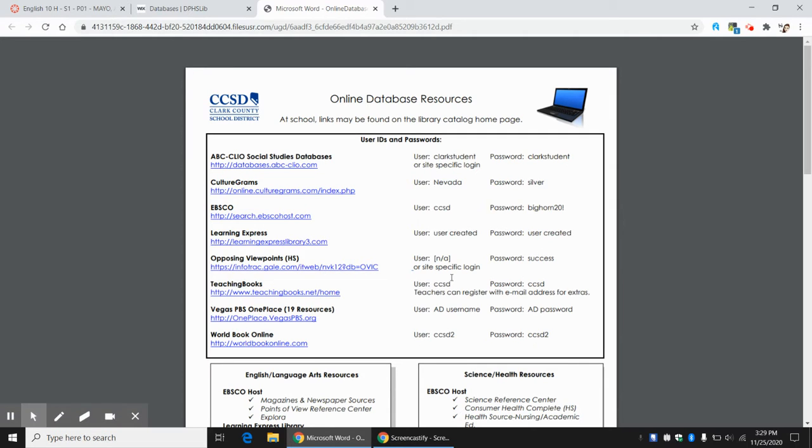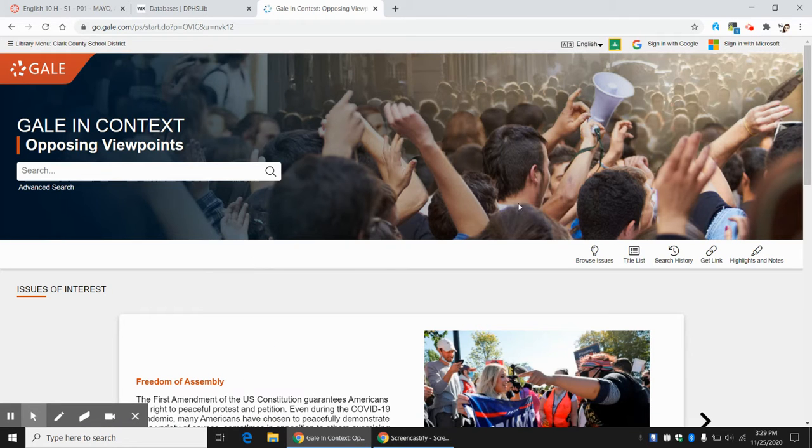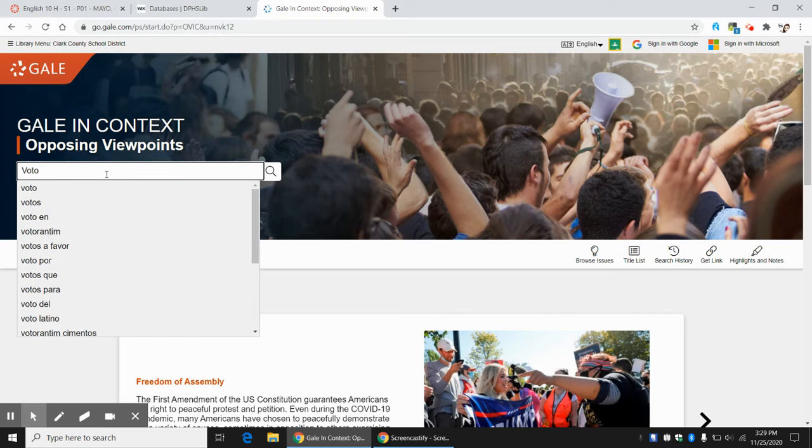So the password is success. There is no username. When I click on this link, it goes right to that page. Since I've logged in previously, I did not have to put in the password, but you'll have to put in that password, success. Now you'll see here a search bar is just kind of like doing a Google search. I can put in a word or a phrase here. So for example, if I was looking at voting rights,